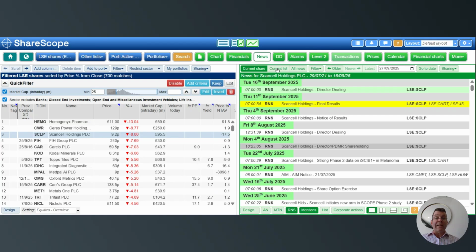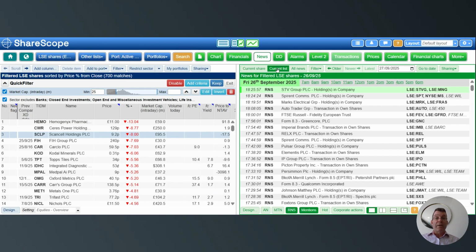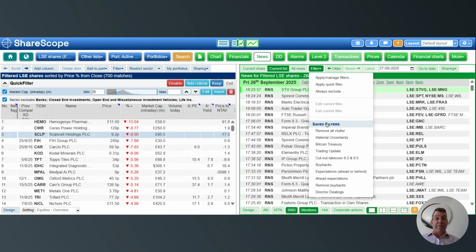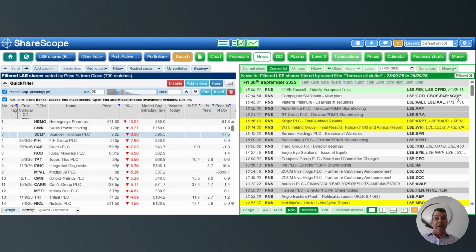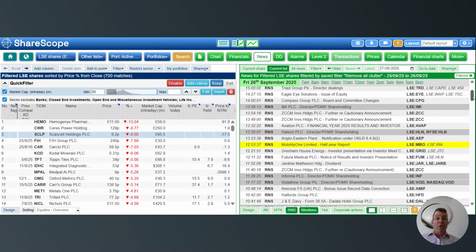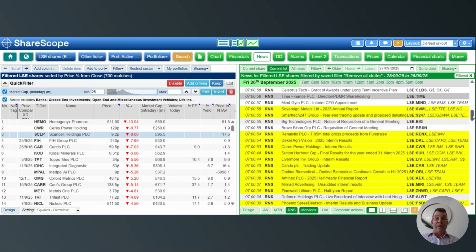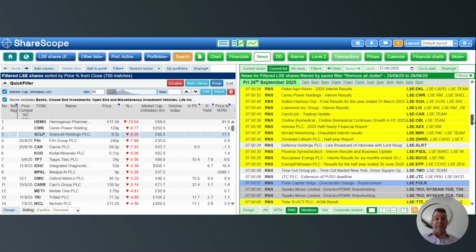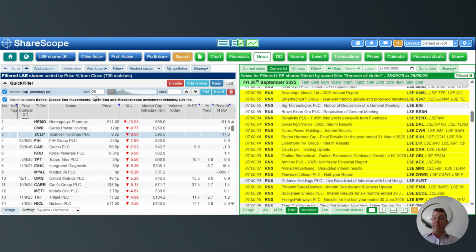So anyway, this current list button, that's your superpower, and setting up a filter to remove the clutter. That is your superpower for filtering the news down to what we actually need to see in a nice compact manner. And it's excluding whatever I choose to exclude here, using the quick filter. So isn't that useful? I thought I would show you that, demonstrate it, and there was something else I wanted